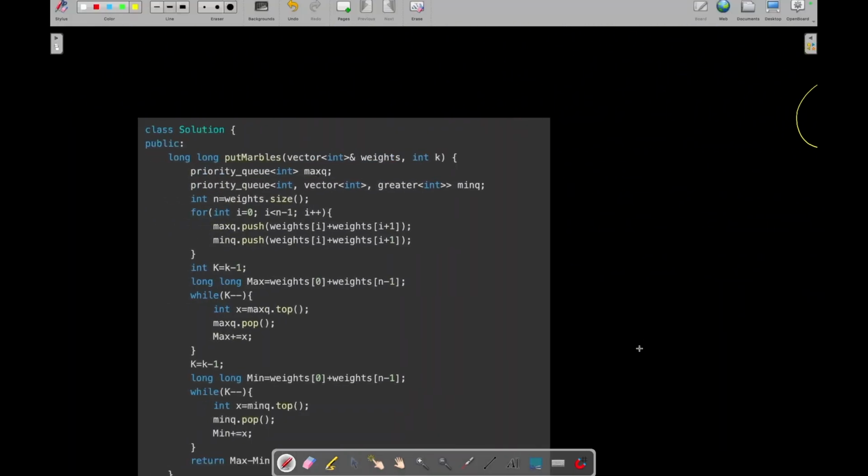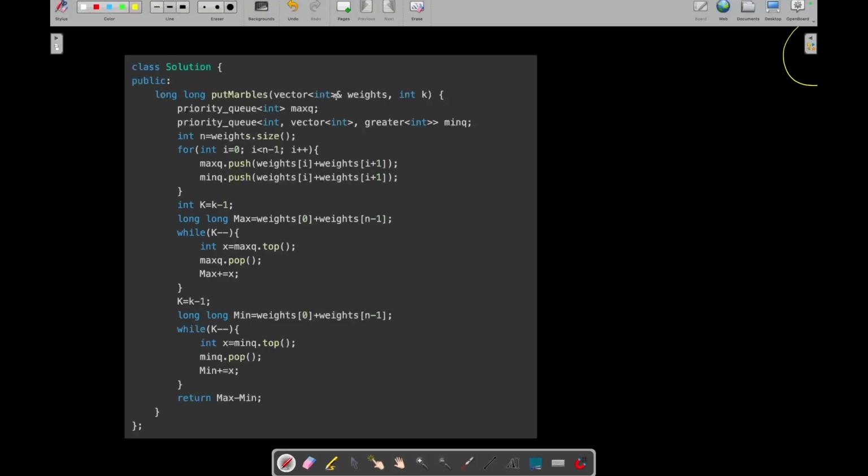And let me also show you the code for the priority queue, in which you can declare a max priority queue and a min priority queue for accessing the k max and the k min elements, then push the adjacent weights in both of these queues, access the k max elements from the max queue and the k min elements from the min queue, and then simply return max minus min.